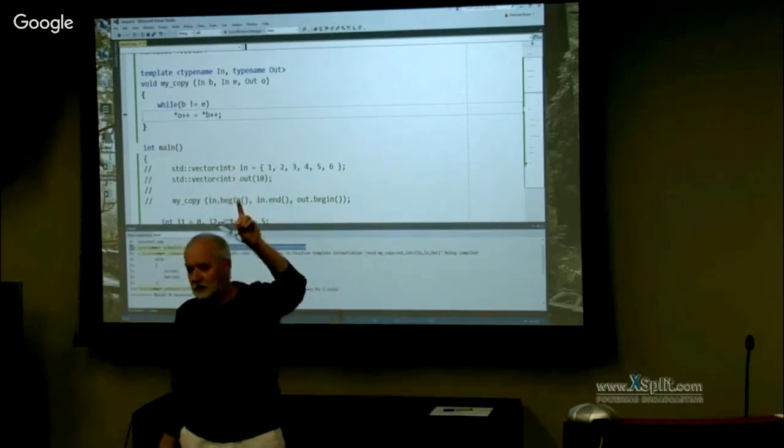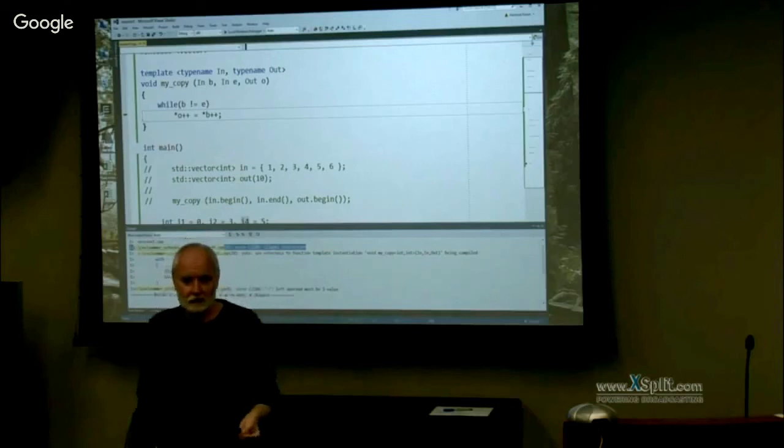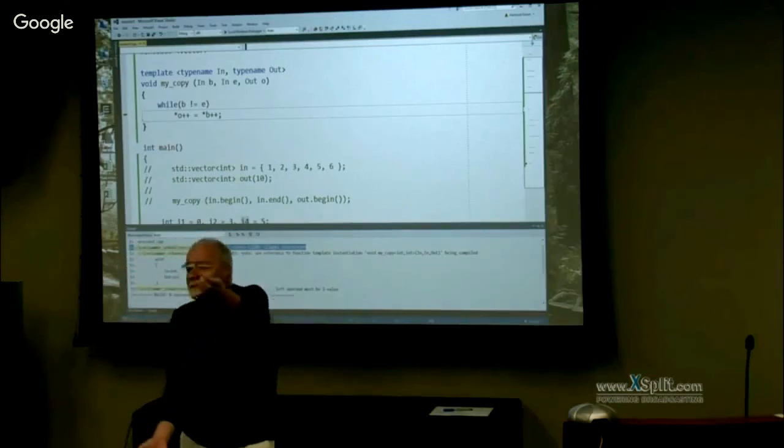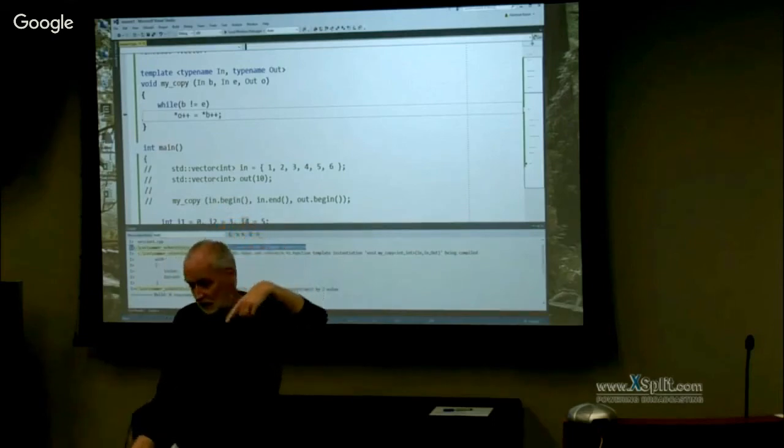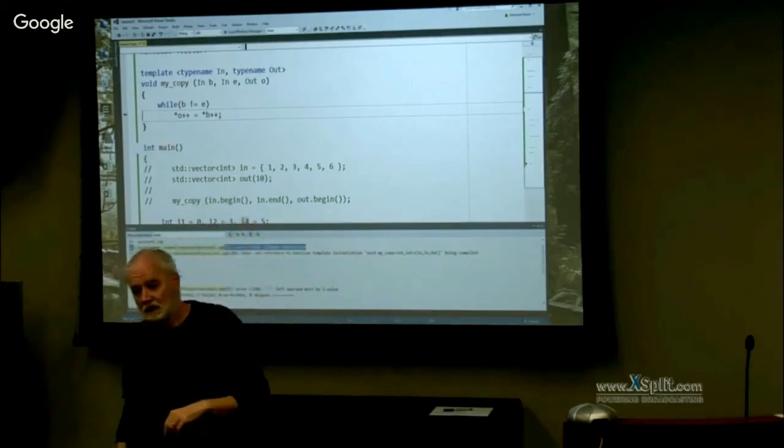That gives you megabytes of error messages because the compiler tries to be helpful. It tries to tell you, hey, something went wrong, but I can't tell you what's wrong because you just shoved something in here which I can't do anything with down here.